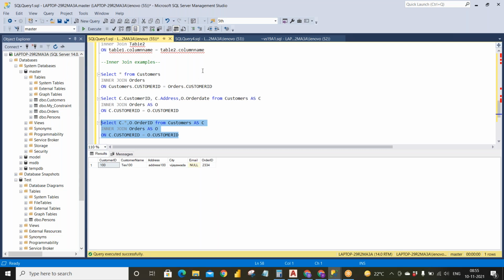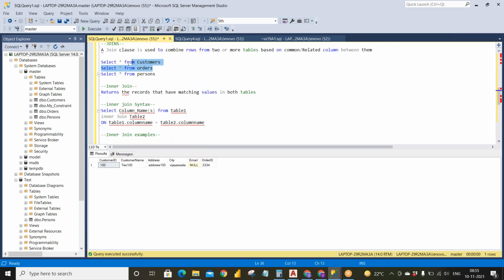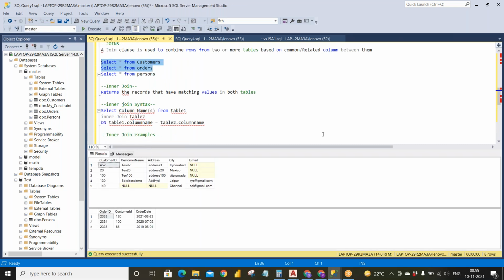Okay. Then coming to the main functionality of inner join. So let me take both the tables here into the picture. I am joining customers and orders tables with the help of this customer ID. So I am saying customer ID of the first table is equal to the customer ID of the second table. As inner join will only give the data which is matching or common in both the tables.